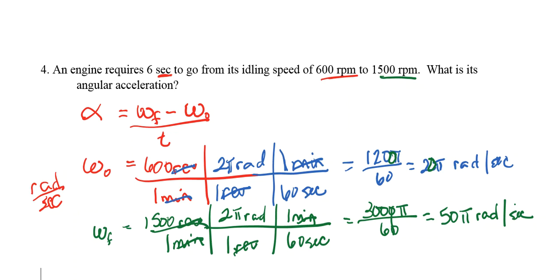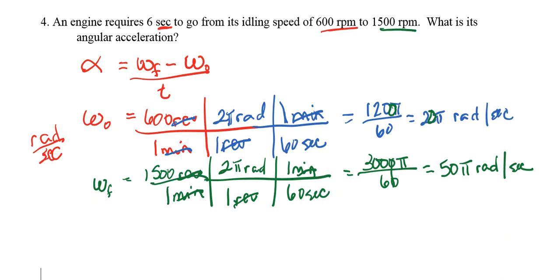Okay, we're almost there. So what I do have is I have my original angular velocity, I have my final angular velocity, and I know my time is 6 seconds. So now I can actually find my angular acceleration. So my angular acceleration